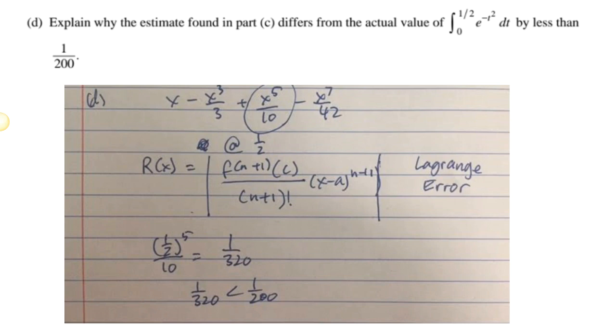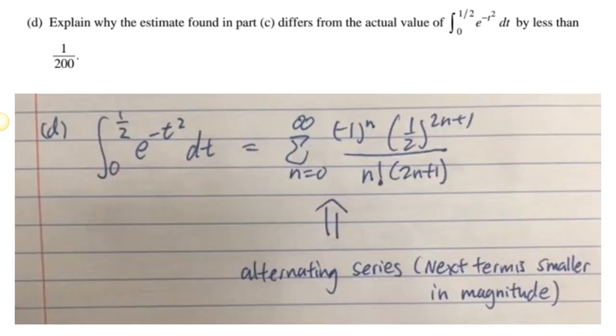Now, if we plug in 1/2 into our next term, we find out that it is equal to 1 divided by 32. Now, 1 divided by 32 is less than 1 over 200, which is why it differs from the actual value by less than 1 over 200. Now, you can explain this since